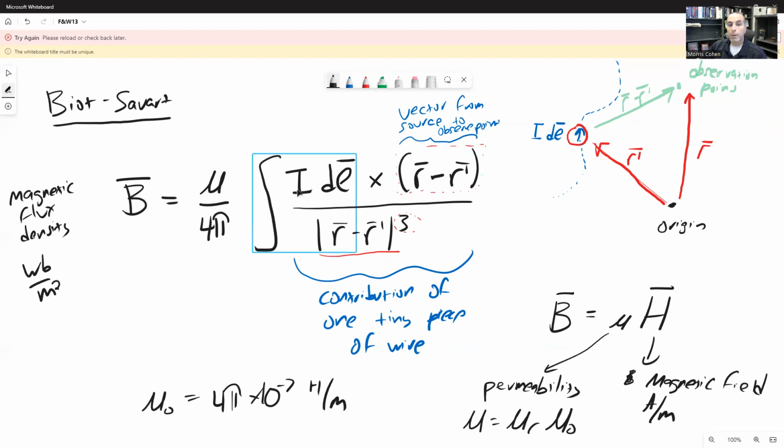All right. So bear in mind, there is this cross product right here between the dl and the r minus r prime, which means that if I'm considering this configuration right here, the dl vector is pointed in the direction of current, and r minus r prime is pointed this way. So the magnetic field is going to be pointed in and out of the page, right? It's going to be pointed perpendicular both to this r minus r prime vector and to the current. So in this case, it ends up pointing through the page. So magnetic fields are perpendicular both to the current sources and to the direction that an object is from the